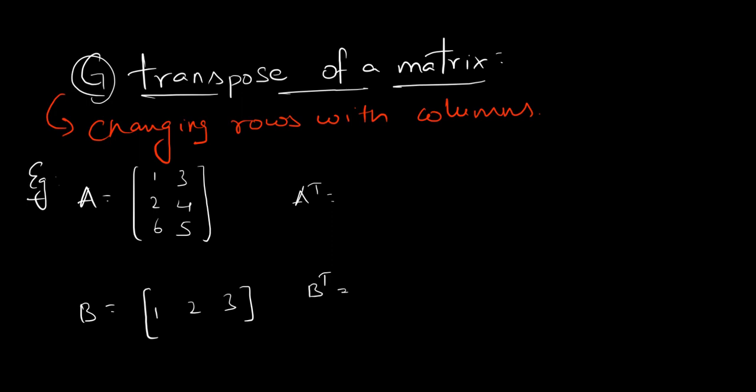So it's going to be the transpose of a matrix. The transpose of a matrix is a really important property which we need to know. Changing the rows into columns is called the transpose of a matrix. So let me explain it to you. If you take this one, what's the row? 1 3 2 4 6 5 0. So what we're going to do exactly is take these rows and change them into columns. So I'm taking this row and making it into a column.